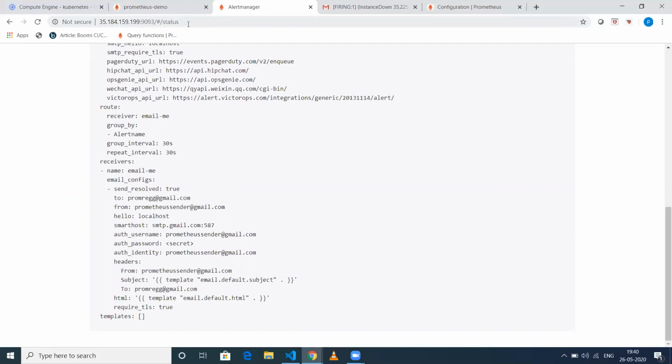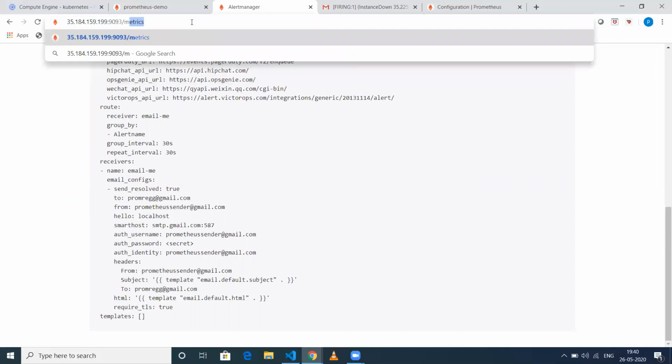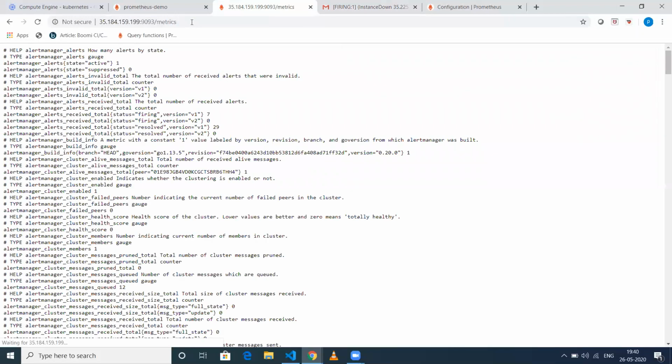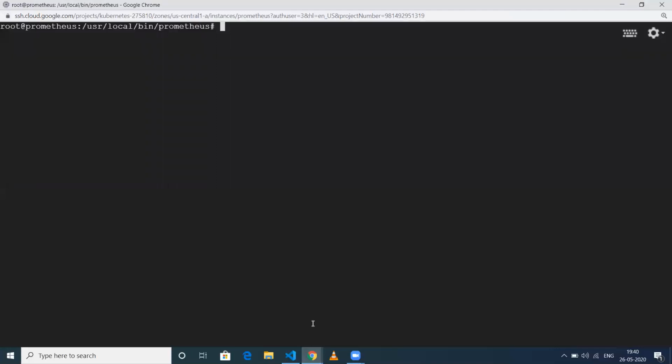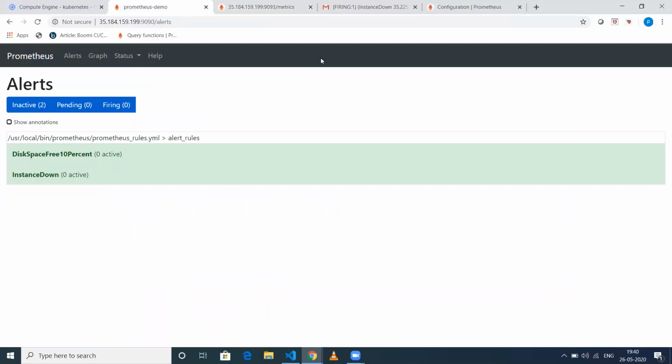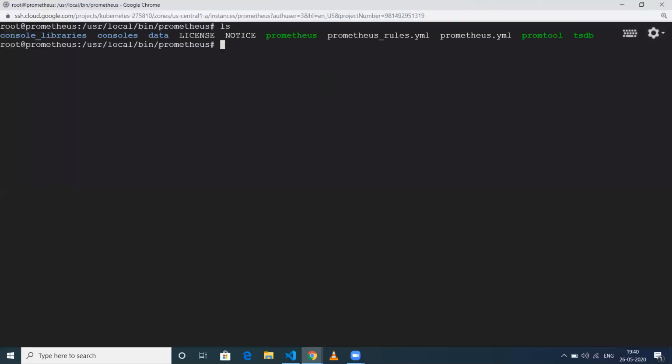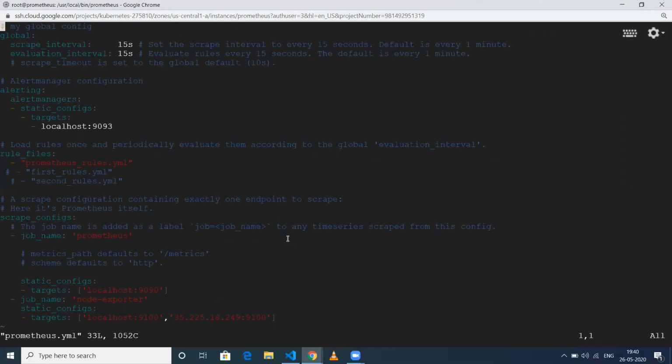Okay. And also one more thing I wanted to show: Alertmanager also exposes one endpoint wherein we can get all the metrics related to Alertmanager, which is at /metrics. So what we can do is go to the Prometheus host, and try to configure this Alertmanager also as an endpoint in Prometheus. Okay. So let me go back to prometheus.yml, and then go to the end, and here,